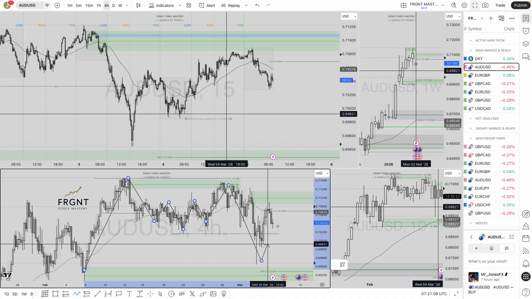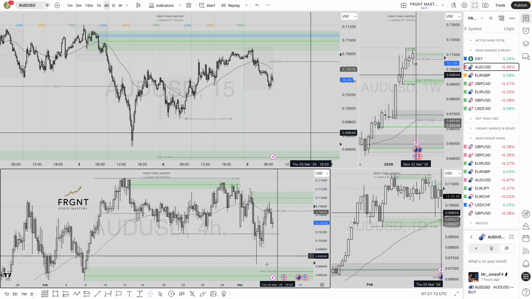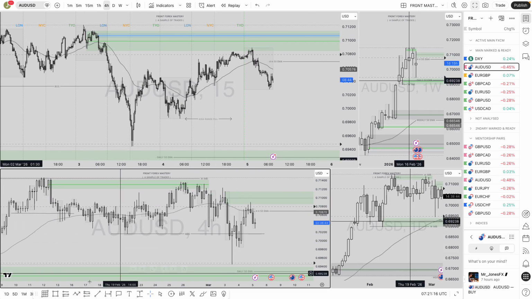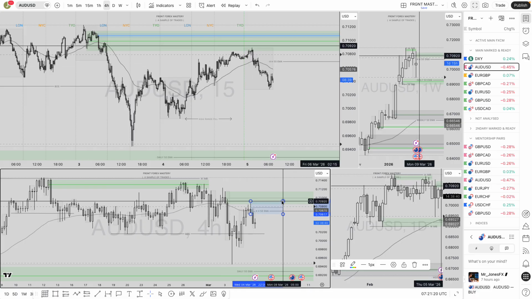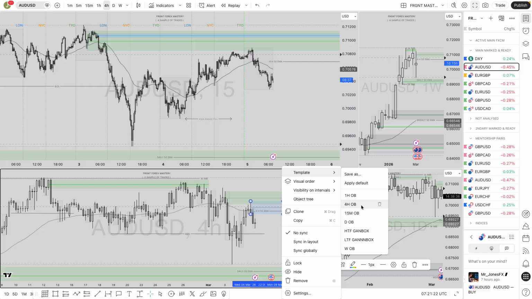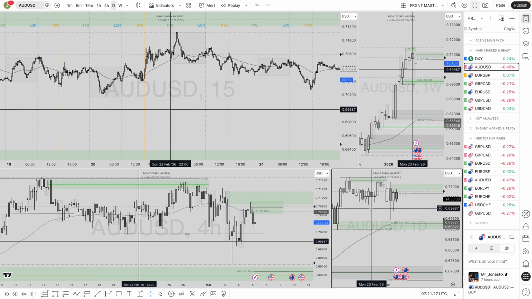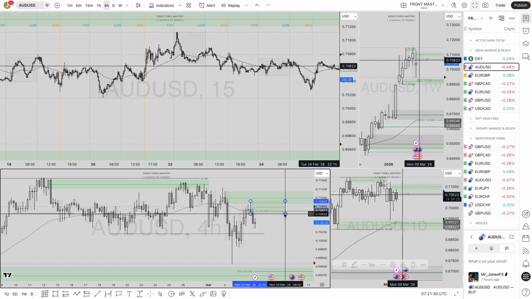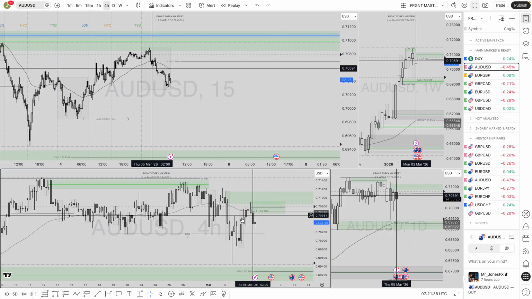So after a break, we're expecting a pullback. Where could that pullback be? Into the most recent order block on that time frame. We've got an order block up here which has been mitigated, and then below there we have another order block around the 4-hour 50 EMA, which also could make sense. We'll have to make it make sense first and foremost. Let's head back to the daily to see whether or not a 4-hour order block makes sense to be there. At the moment, we're using it simply based on structure.